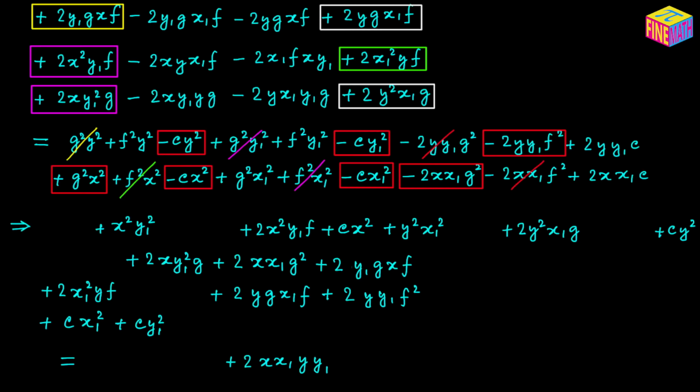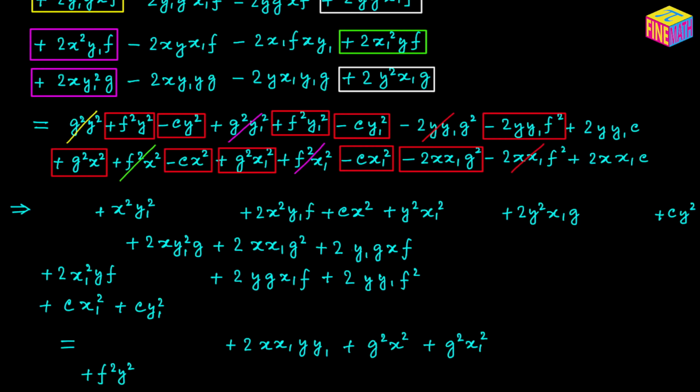And then I am going to note down g squared x squared term onto the right hand side. And then I am going to note down g squared x sub 1 squared term onto the right hand side. And then I am going to note down f squared y squared term onto the right hand side. And then I am going to note down f squared y sub 1 squared term onto the right hand side. And then I am going to bring the negative 2x y sub 1 yg term onto the right hand